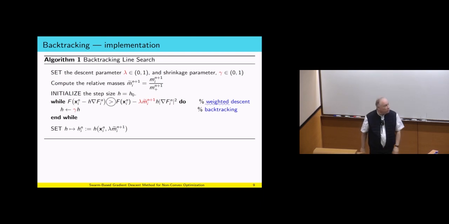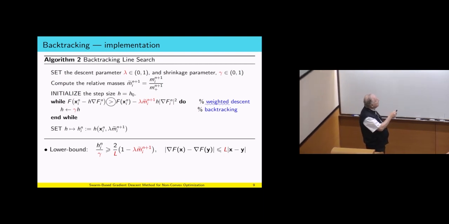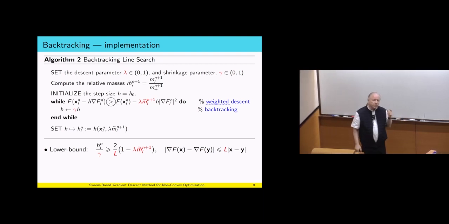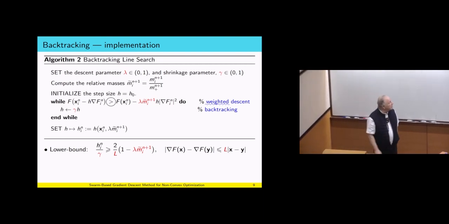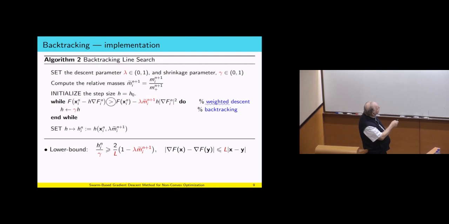And why is this so important? Because I claim that my time step, which comes from here, satisfies not an upper bound, but a lower bound. My step cannot be too small. Why is this true? I claim that this step cannot be too small because of the following reason. You see, h over gamma must have this lower bound. Why? Because,